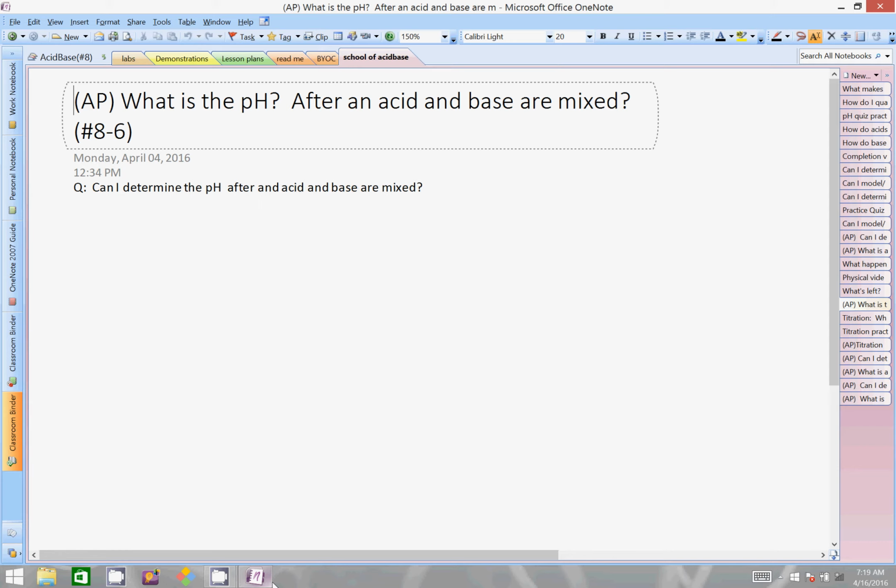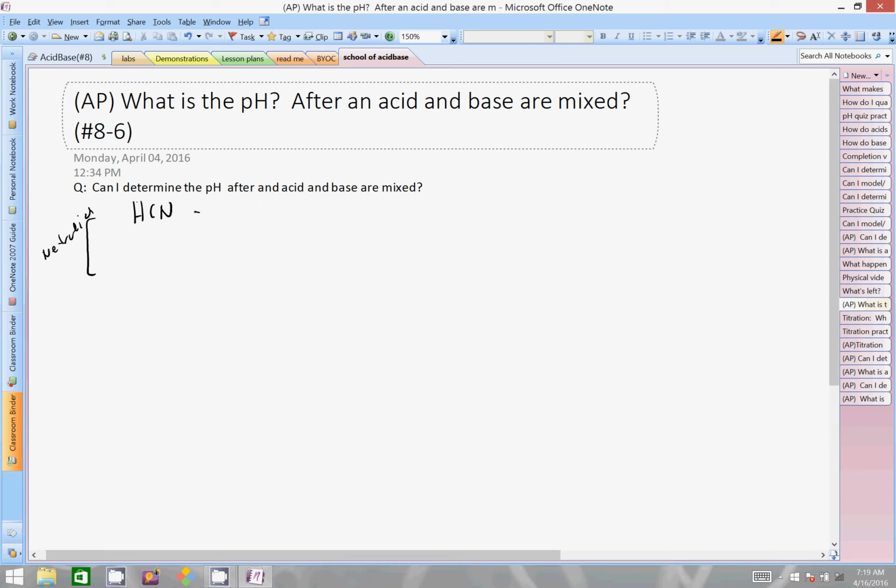Okay, quick little update here as far as what is the pH after an acid and base are mixed. There's a couple steps here. First thing, we have to allow the neutralization reaction to occur. So step one is going to be to neutralize. And in this case, let's say we're doing